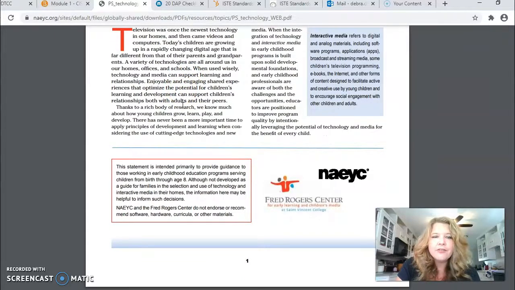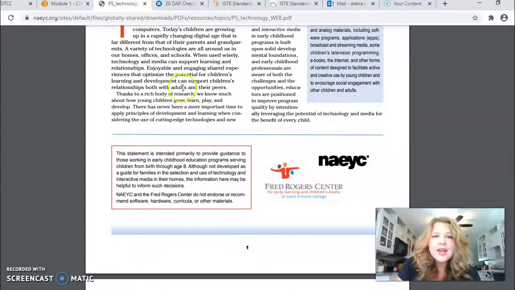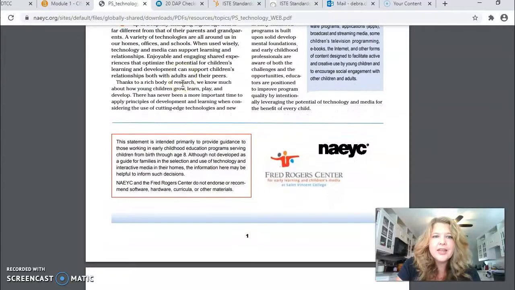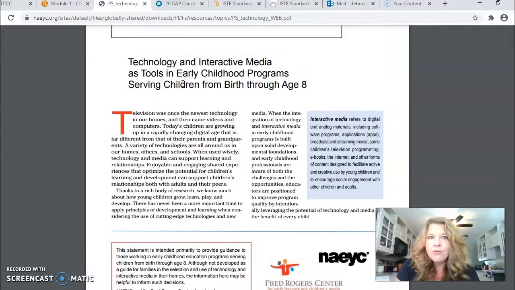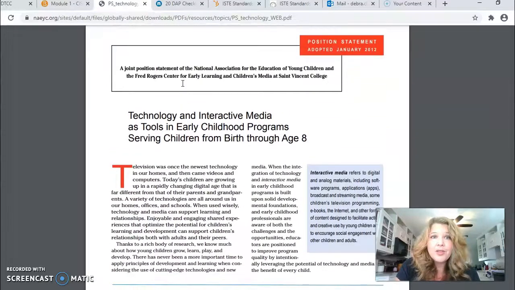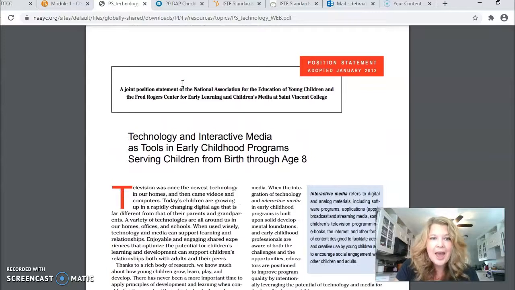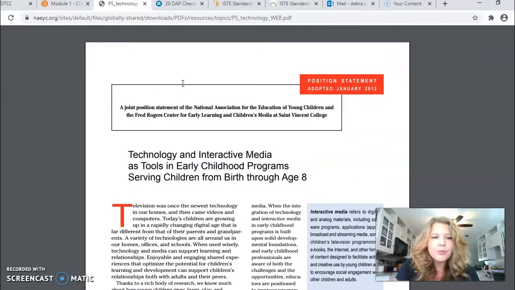Technology allows us to have shared experiences and optimize the potential for children's learning and development with both their adults and peers. And that is so very true. I remember last year, my daughter would have been 2.5, we had gone out to eat and we were sitting in a restaurant and there wasn't any music and there weren't that many people there, so it was kind of quiet. And all of a sudden, out of the blue, she yelled out, "Alexa, play Moana songs." And of course, it just made us chuckle, but technology, Moana, is so,